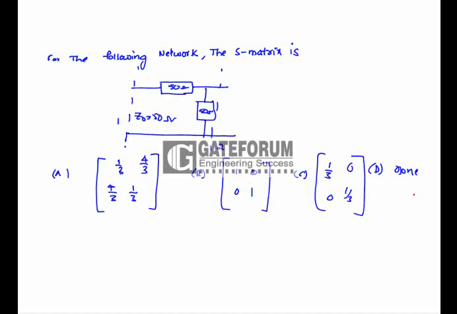Following network, find the S matrix. Here S11 is 100 minus 50 divided by 150, which is 1 by 3. So S12 is given as